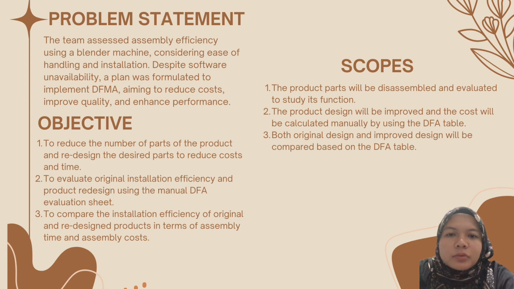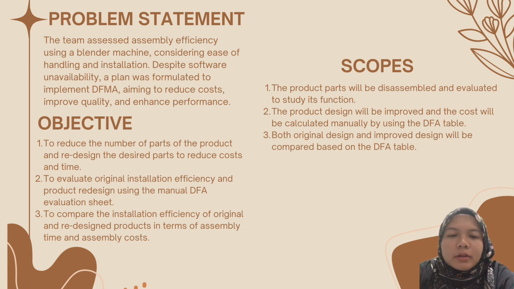And number 2, which is the objective: number 1, to reduce the number of parts of the product and redesign the desired parts to reduce cost and time. Number 2, to evaluate original installation efficiency and product redesign using the manual DFA evaluation sheet. And number 3, to compare the installation efficiency of original and redesigned products in terms of assembly time